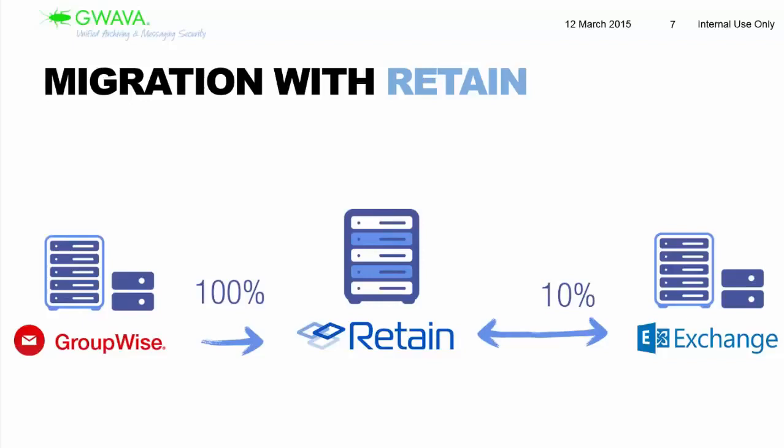So now the great thing is you have the new system. In this example that we're giving it's Office 365. You're running that system. That's live for all your users. And then you have the historical data in Retain for Exchange. Of course, this can be applied depending on whatever email system you're using. And now the other great thing is that you're running your new system and those messages are being archived in Retain. So if you ever do need to move again, you can, because all that messaging data is archived in a platform-agnostic format that you can easily search and export